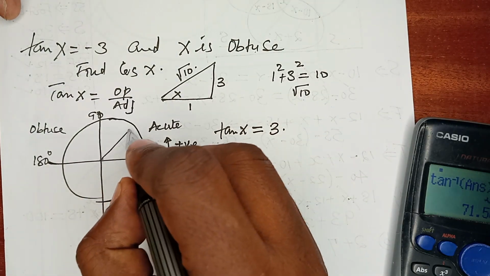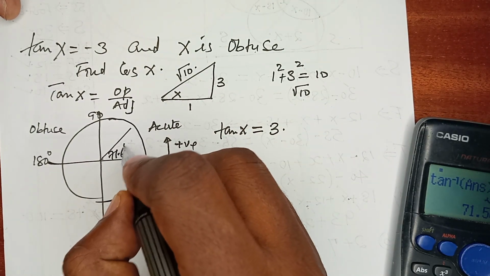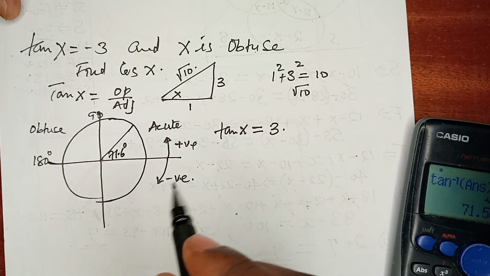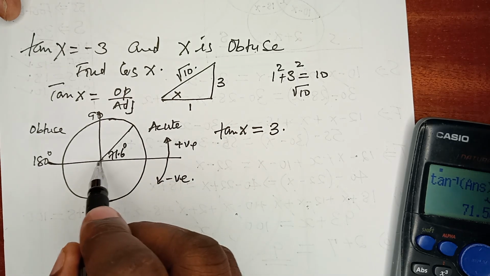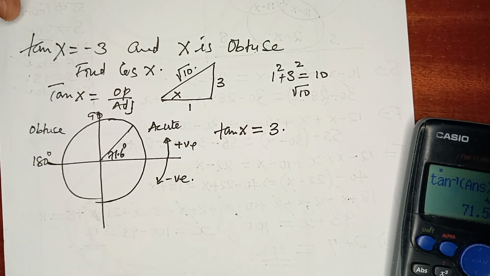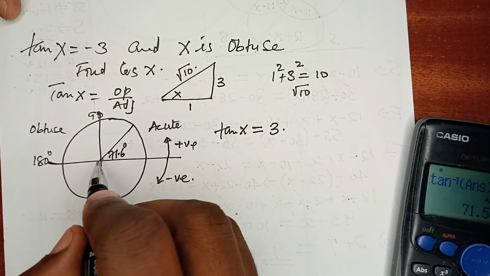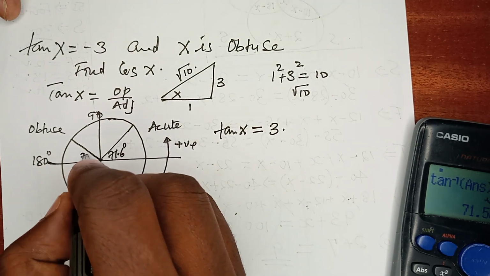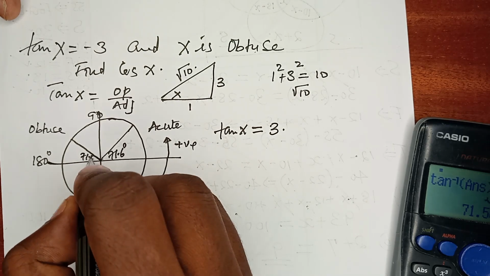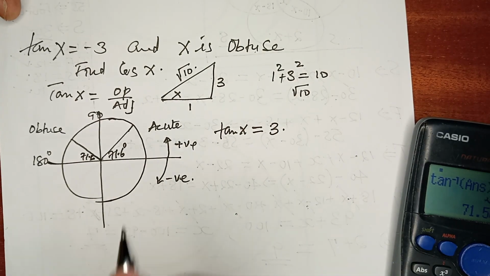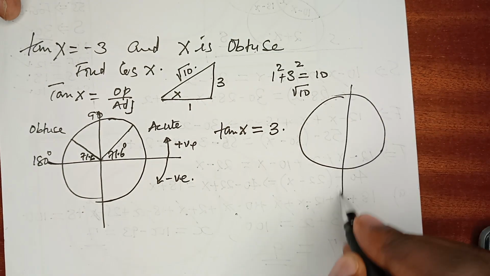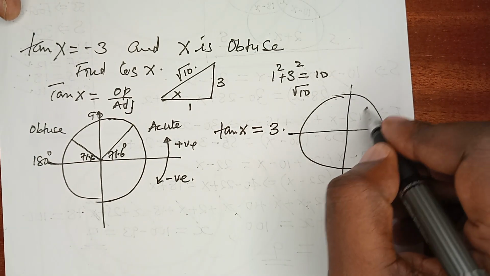This is now 71.6 degrees. We will always make the angle that is between the line of angle and the horizontal x-axis. The same kind of angle is reflected in the second quadrant, which is 71.6 degrees. There we go. Now, it goes without saying that if you look at the quadrants generally, here we talk about